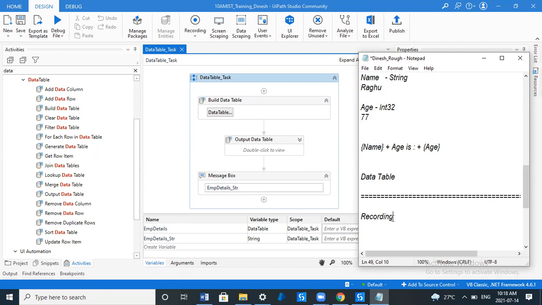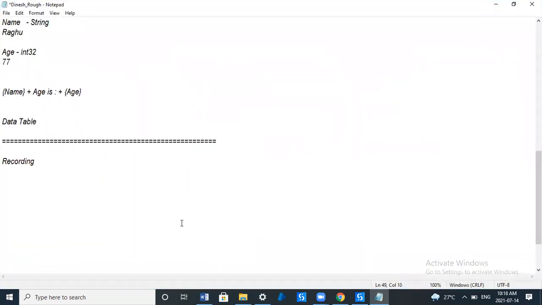Currently, I just want to add one more thing here. We will have multiple types of recordings. Based on different applications, we will use different types of recordings. So first of all, I'll tell you what types of applications we can automate with UiPath. Remember, within UiPath you can automate any kind of application, which means mainframe application, Java application, SAP application, web application, Windows application. Any application you can automate.